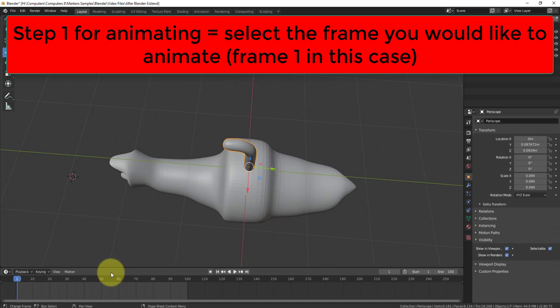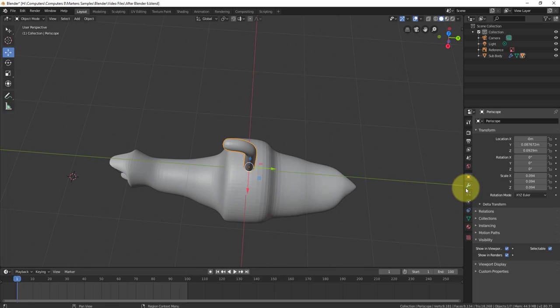Okay, so at this particular point, what we're going to do, so we went to frame 1, so the order is first of all select the frame that you'd like to animate in. Okay, the next thing I'd like you to do is click on the orange tab here. So this context object,